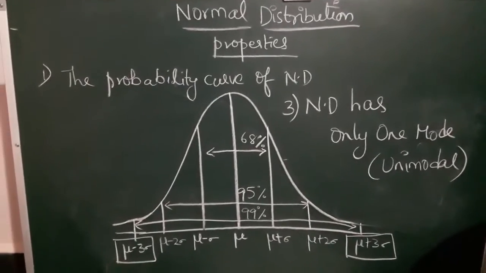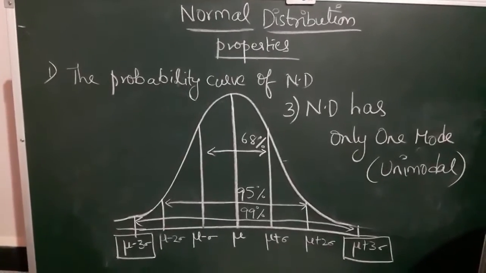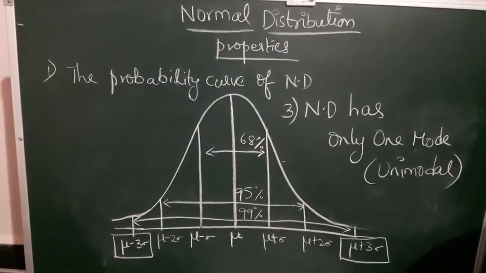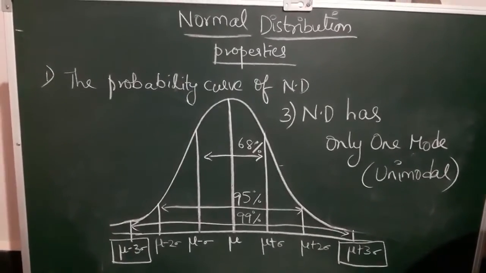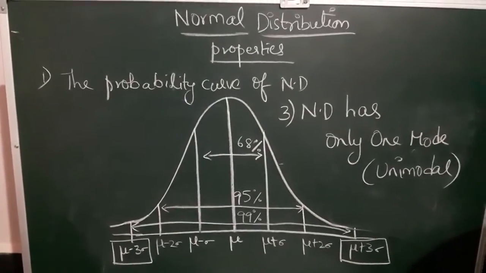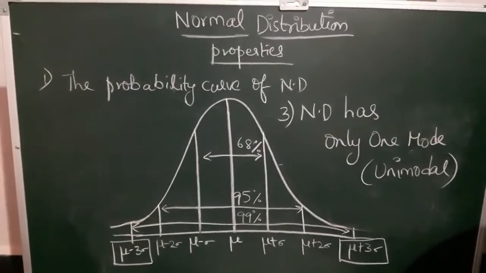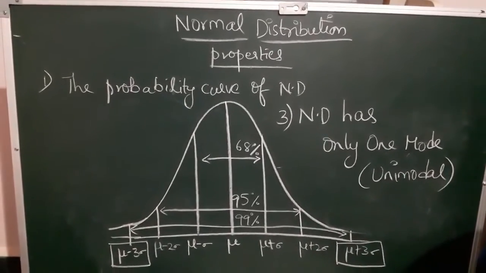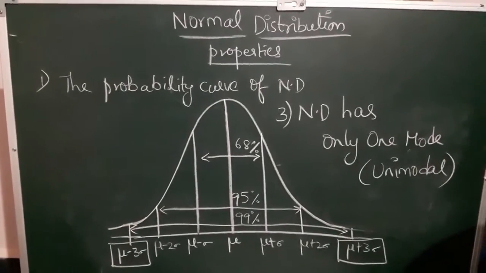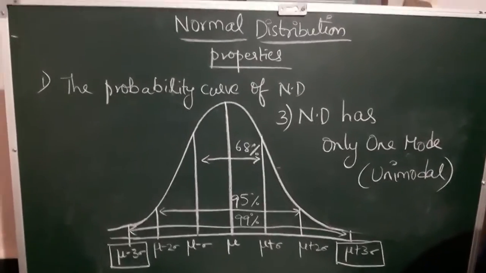And the fourth one. If you look at the curve, in first year you might remember skewness and kurtosis. Do you remember that concept? In kurtosis, we have divided curves into 3 different types. Number 1, leptokurtic, which is more peaked. Number 2, mesokurtic, which is normal. Number 3, platykurtic, which has a flatter top.